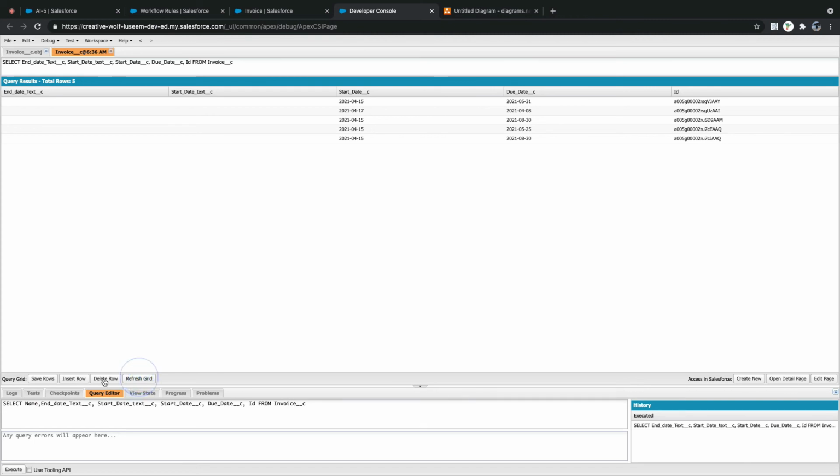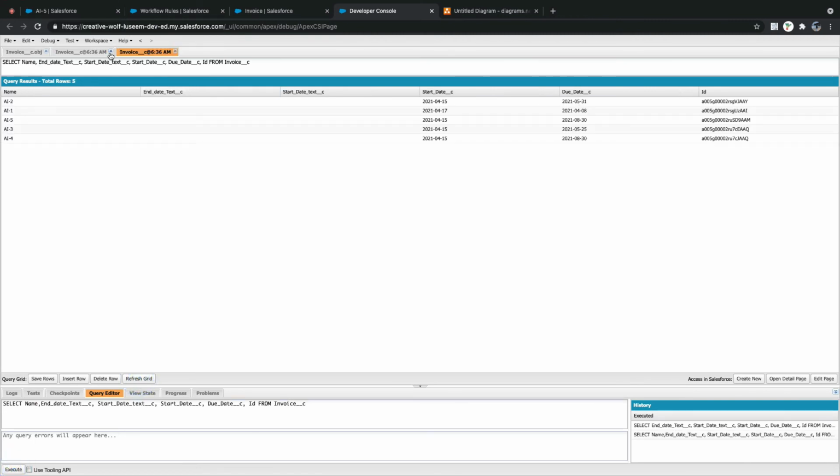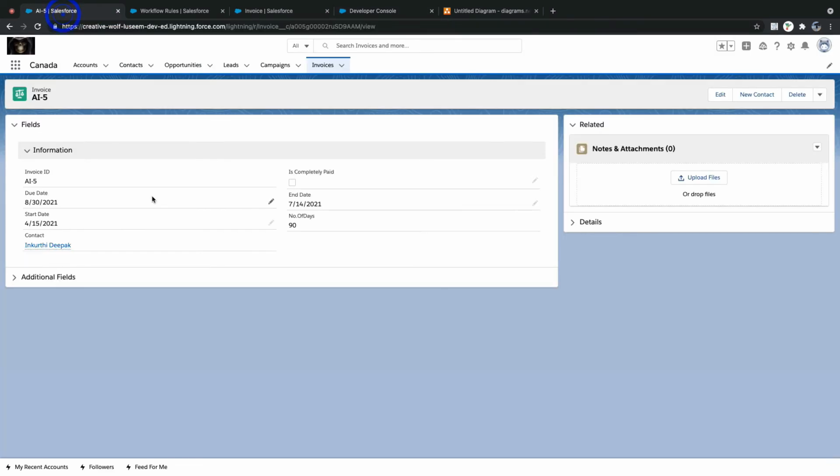Now refresh, query. In a database, if you want a select statement so that you can retrieve data from data tables, here you need to retrieve an object, so we are writing a query. This is a database language, so database queries. Now, edit text. We need to discuss this in another session. Don't worry. For now, I wanted to show because these fields are not added to a layout, so you can't see whether it is updated or not.